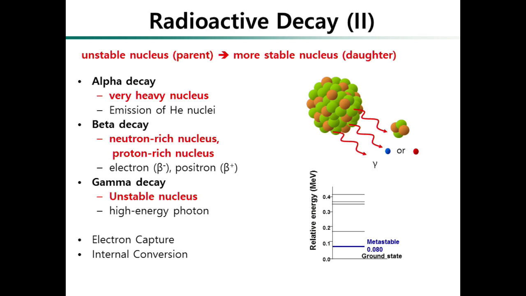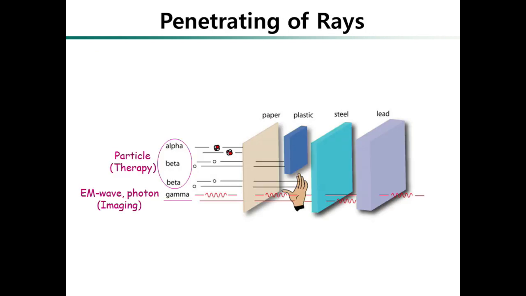Just simply, you can listen to what alpha and beta are. And also, if a particle cannot penetrate even paper or plastic, and only gamma can penetrate the whole thing, then you have to shield with high density material like lead or tungsten. So that's why we can use gamma rays for imaging.